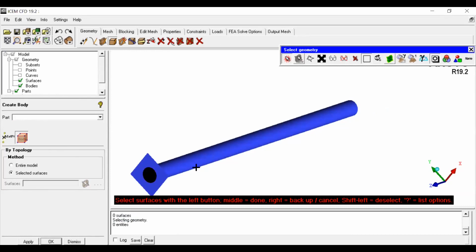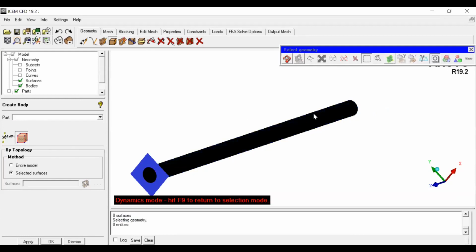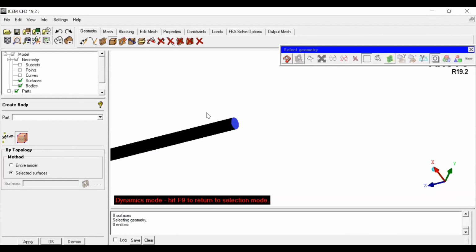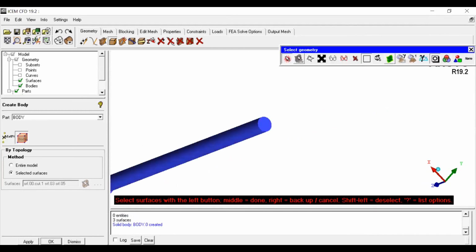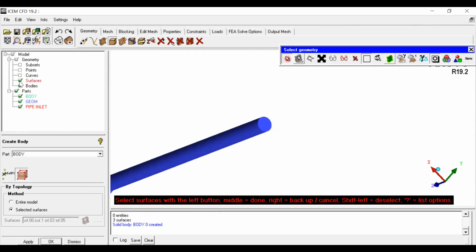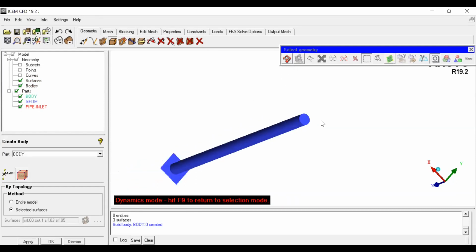So pipe inlet, pipe surface, and pipe outlet. Done. So you can see here the bodies is enabled over here. Earlier it was not there. Once body is successfully created, it was enabled. So we can visualize the body as well.